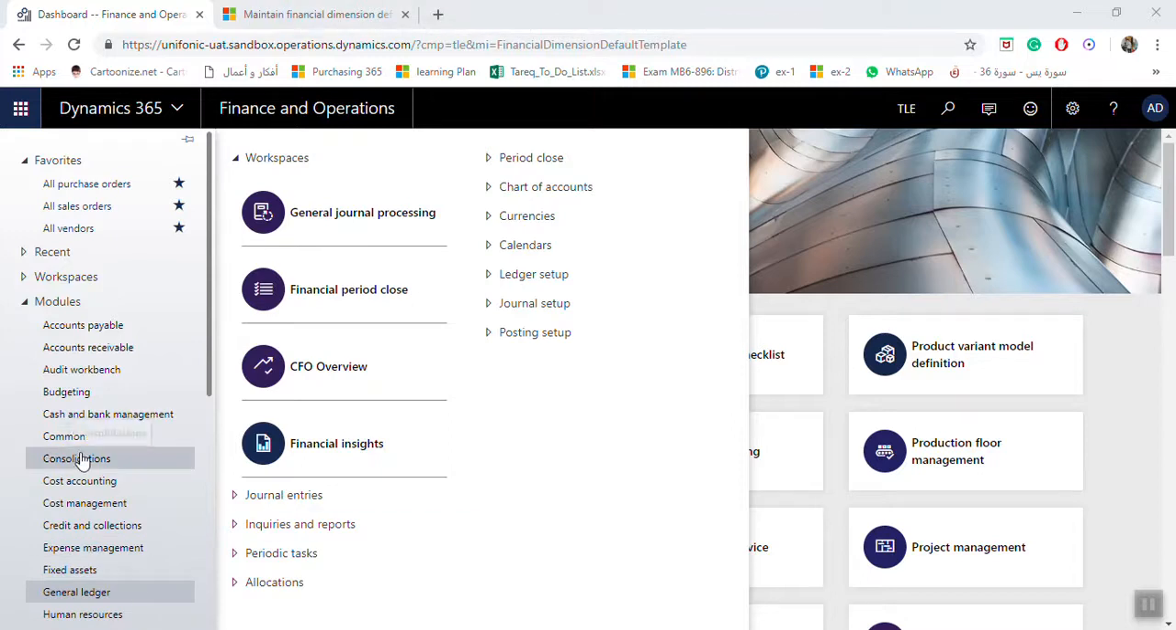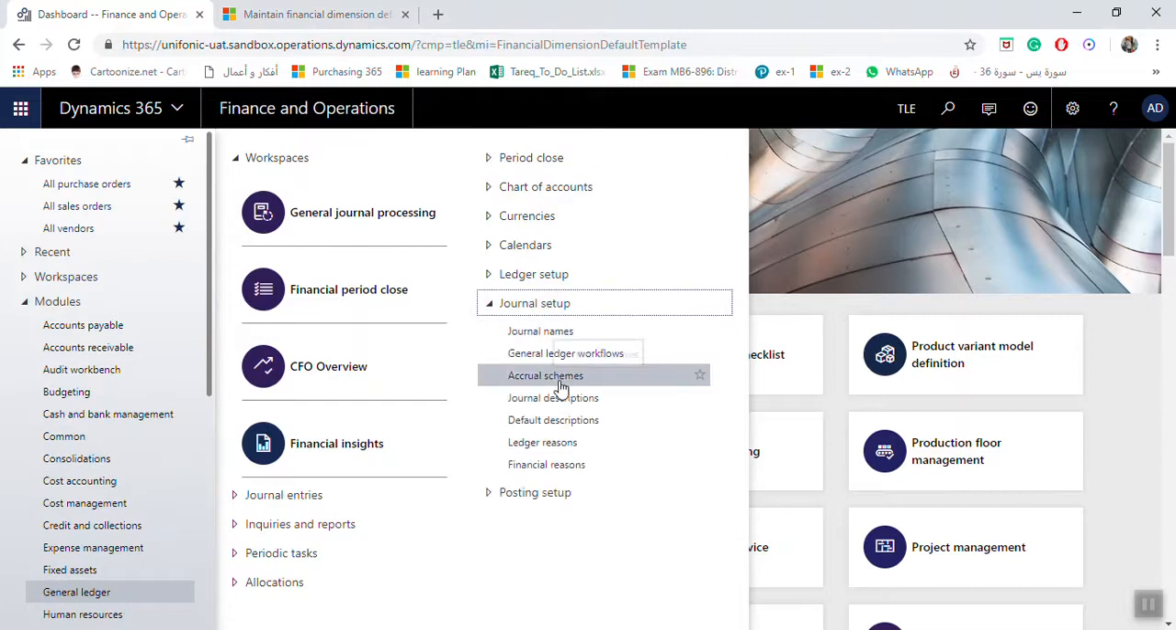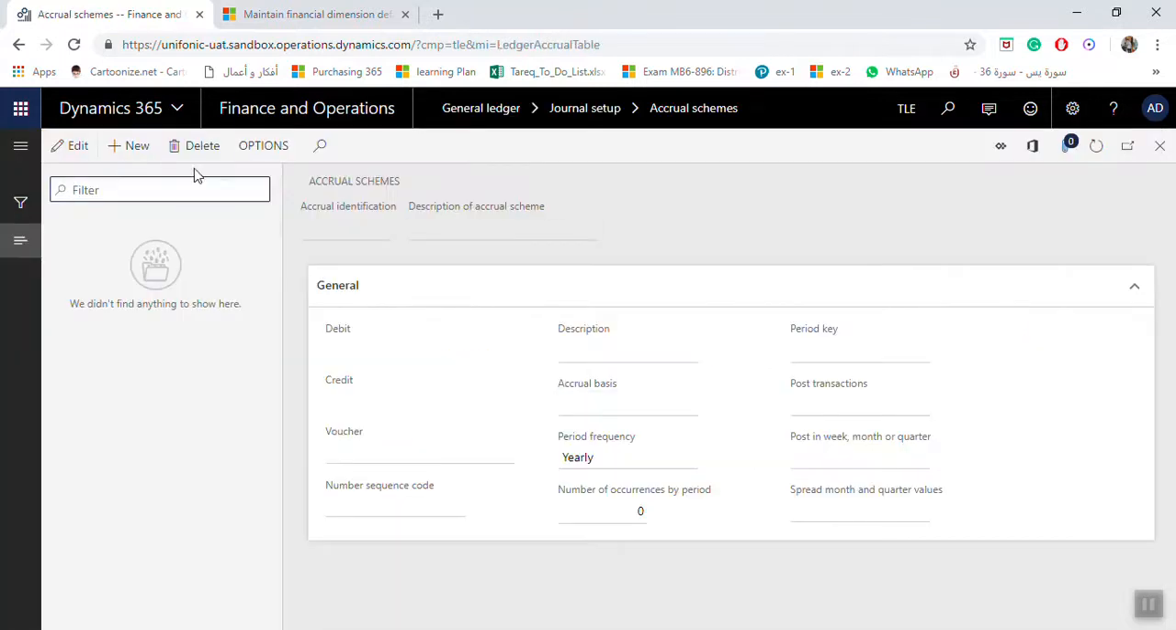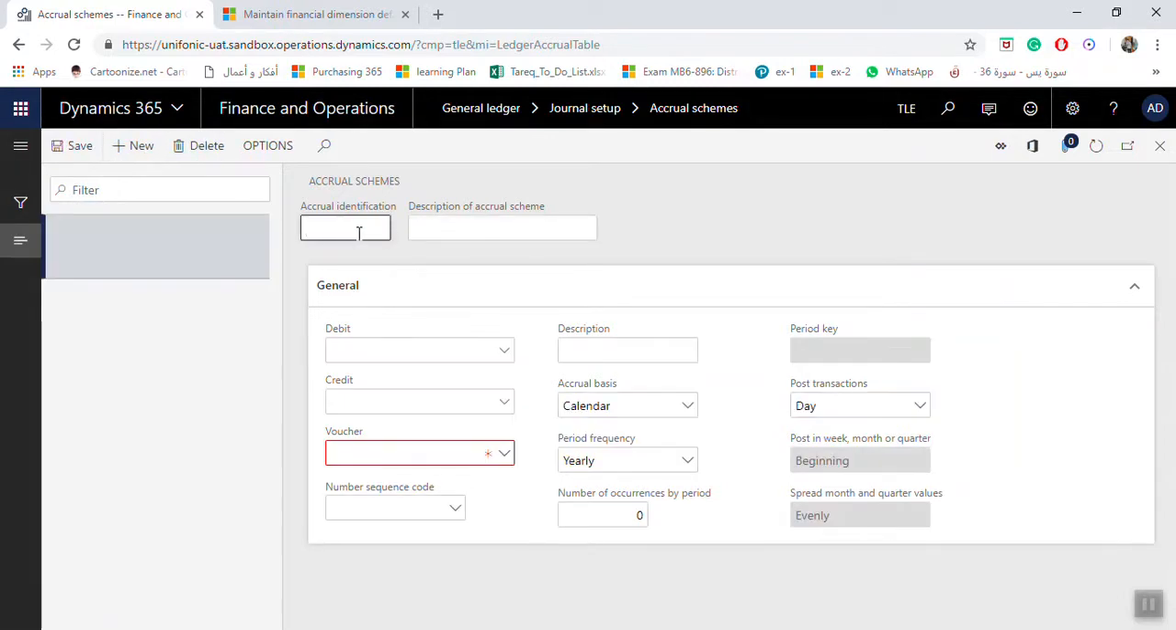If you need to set up accrual schemes, go to General Ledger, Journal setup, Accrual schemes. Again, General Ledger, Journal setup, Accrual schemes. For our example, it will be for rent expenses. So we will click New here. Accrual identification, it will be rent, for example, and here's the description: